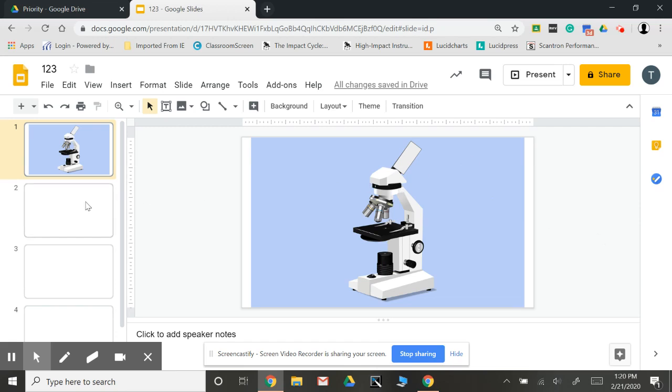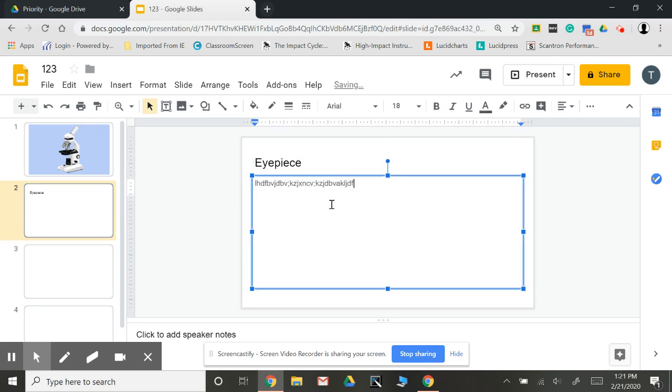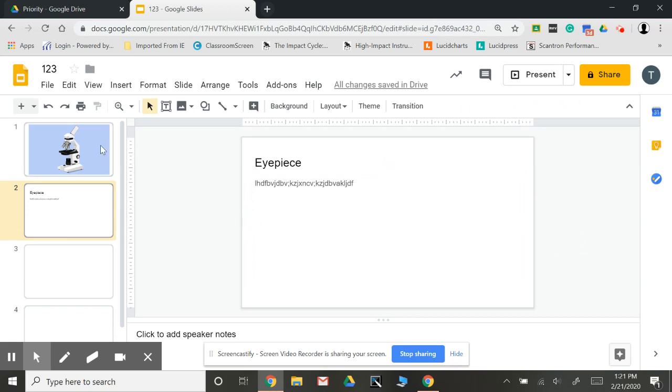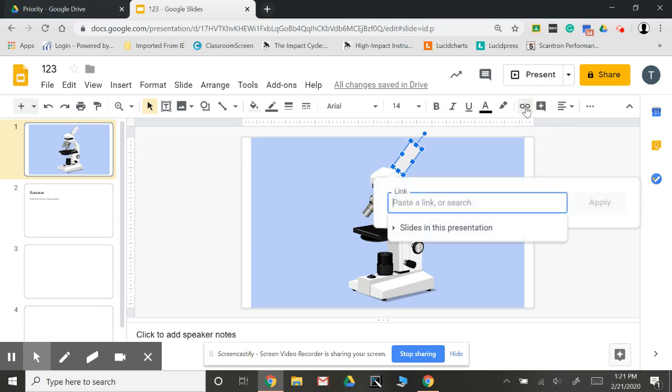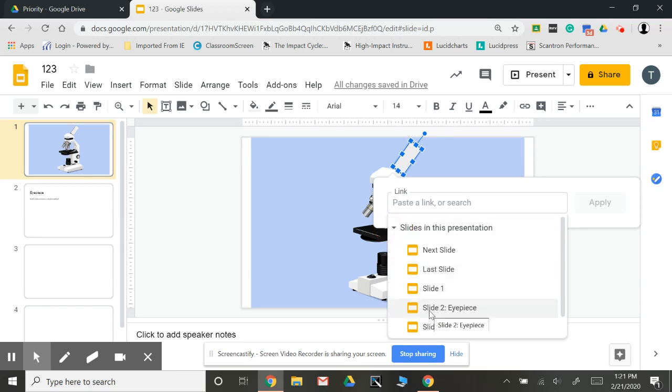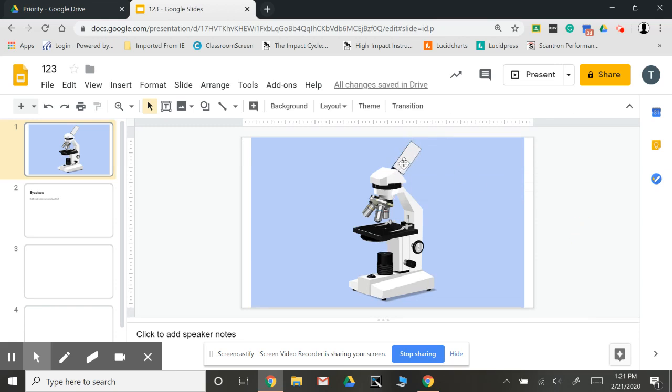Okay? The next thing we want to do is we want to make the target destination for this so that when a student clicks on this, we want a place for it to go. I'm going to make that slide 2, and you could put whatever you want here. I'm just going to put eyepiece, and then you're going to put in whatever is appropriate for what you're doing. And then I go back up here. I select my ugly gray rectangle, and I turn it into a link. And then I want to link it to a slide in this presentation. And I want to link it to slide 2, which is the eyepiece slide that we just made, and hit apply. So now this gray box that we have has turned into a button when we go to present,